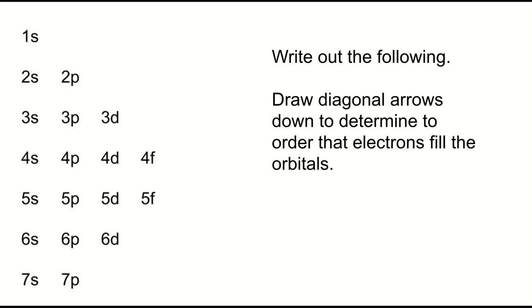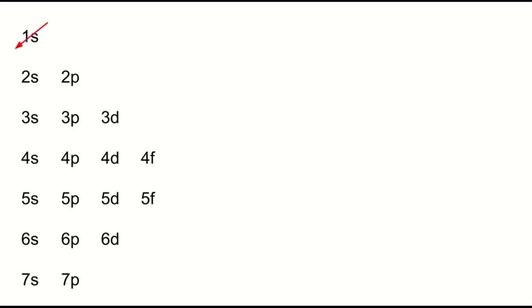Now you're going to draw diagonal arrows down to determine the order that electrons will fill the orbitals. So that looks like this. You draw an arrow through the 1s because electrons go there first. Then they go to the 2s. Then they go to the 2p, then the 3s, then the 3p, then the 4s. Then they go to the 3d, 4p,